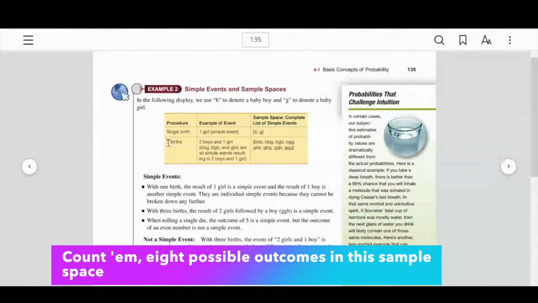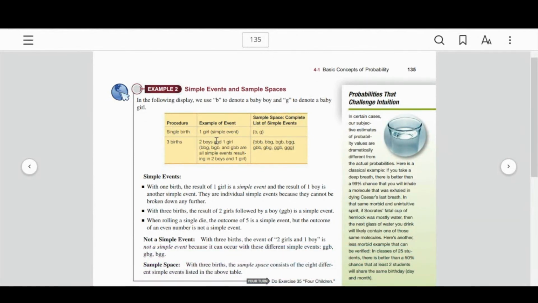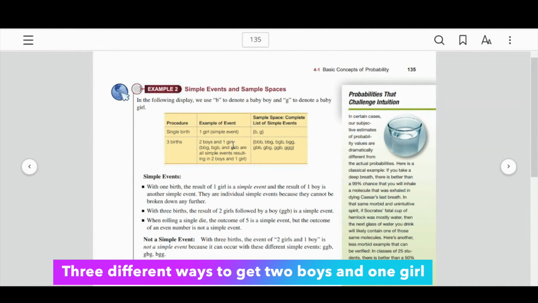It turned out that this particular mother, our single procedure, this mother had 2 boys and 1 girl. And you say, what's the likelihood that a woman who has 3 children has 2 boys and 1 girl? Well, how many ways can you get 2 boys and 1 girl? And you say, well, there's 3 boys. Nope. There's 2 boys and 1 girl. So there's 1. Count it on your fingers. There's 1. There's 2 boys and a girl. Got it. And there's, no, that's not. That's 2 boys and a girl. So we're up to 3 on my fingers. And then, no, 2 girls, 2 girls, 3 girls. I counted 3 ways you can get 2 boys and 1 girl.